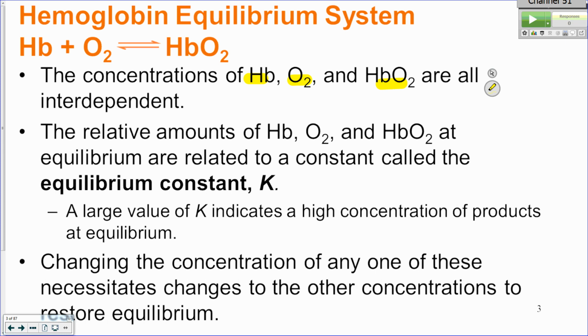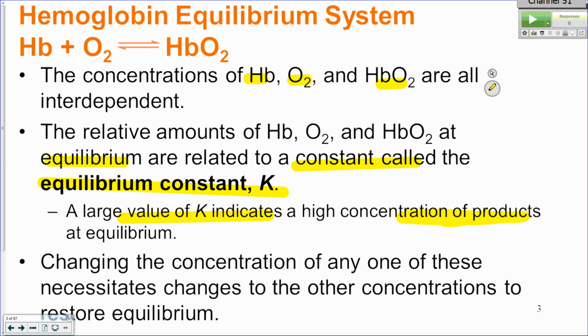So what happens is that there is an equilibrium established, and there is what's called the equilibrium constant that defines the mathematical relationship between those relative amounts or concentrations. And if there's a large value for K, that means that the products are the thing that's favored. And the opposite is true. If it's a small value for K, it means the reactants are the things that are favored in that particular